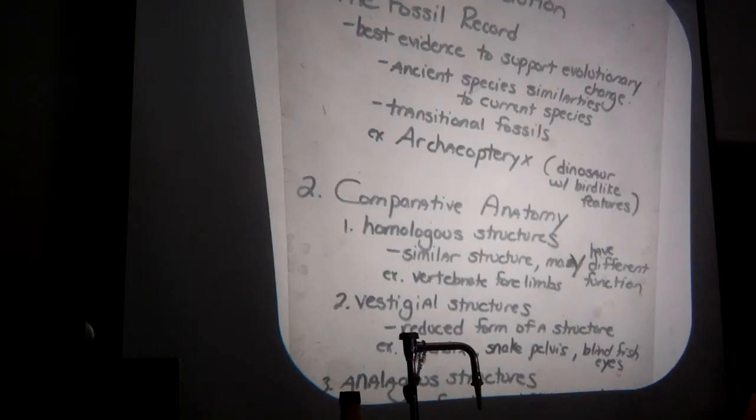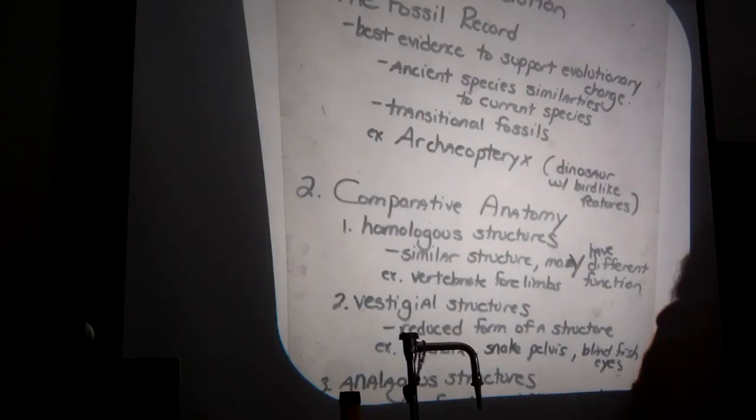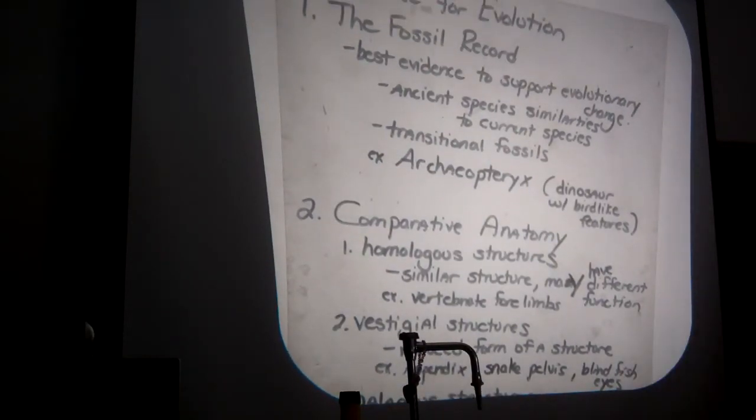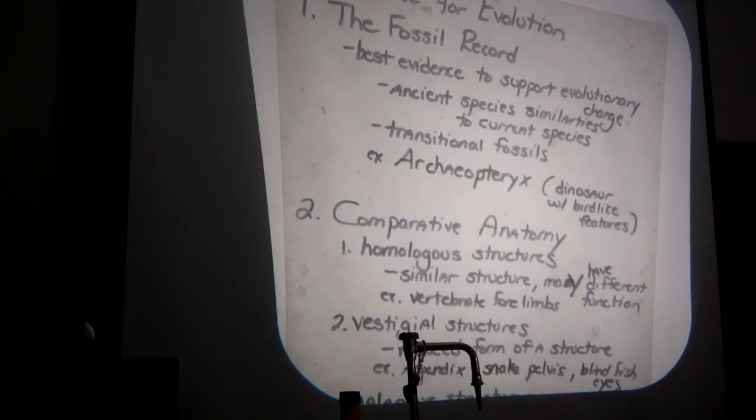And you started to. So now I'm going in kind of a different area, the evidence for evolution. And like I said, some of this came before Darwin, some of this came after Darwin, some of this came while Darwin was around. But these are all the pieces of evidence to support his theory that you just learned about.